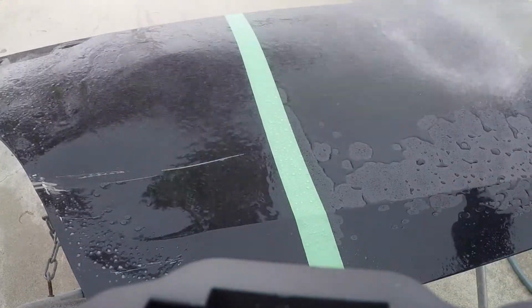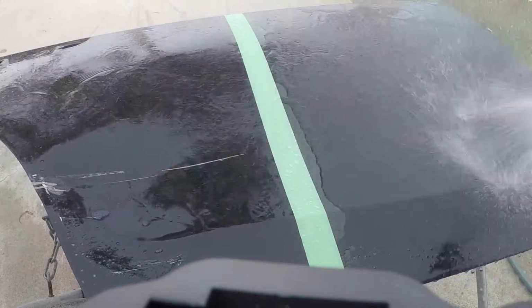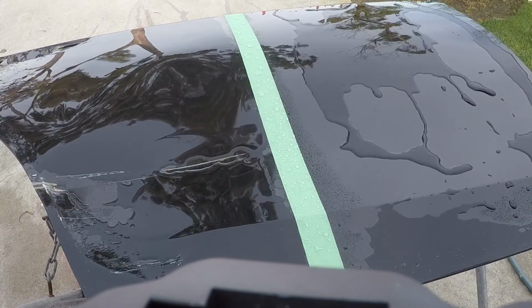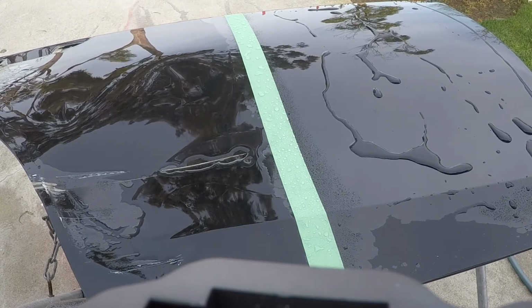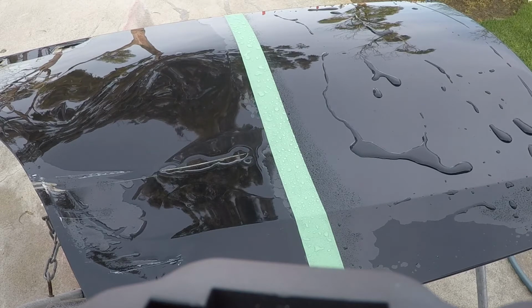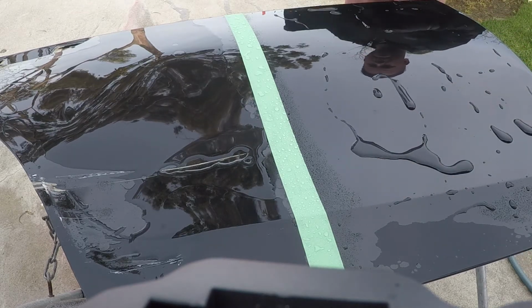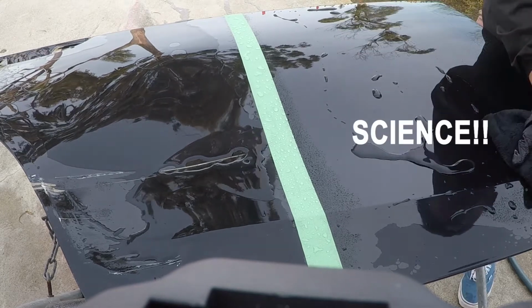Get the residue off. Ooh. As you can see, it took a significant beating just from that, just from the iron remover. But there may be some residue on there. As you can see, the beading pattern is completely gone. Still looks better than the other side. But let's